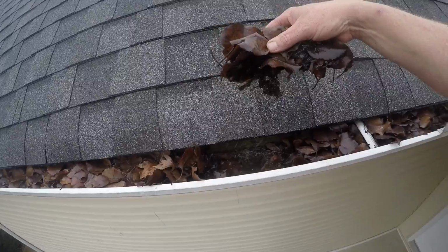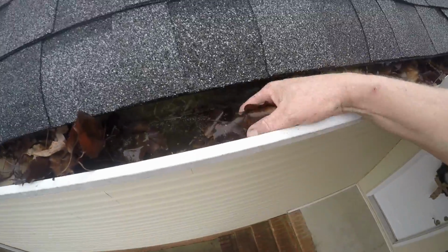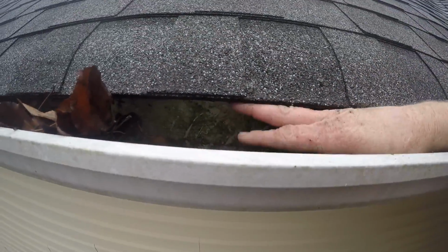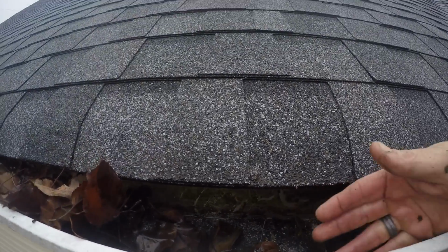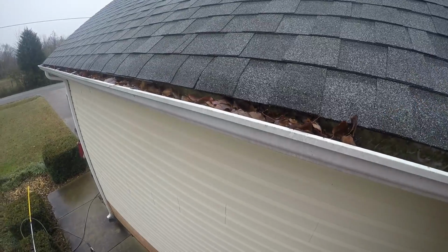It is absolutely 100% impacted with leaves. So this does a couple things. It causes the water to rise up here and tends to want to go behind the gutter and behind the fascia. If it's too impacted, it can go underneath here and go down below here some. But pretty much it just runs over and causes a mess,